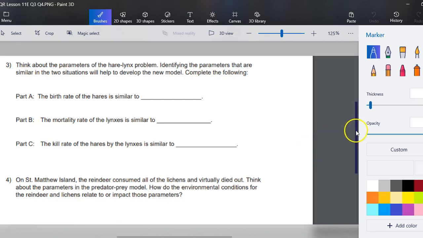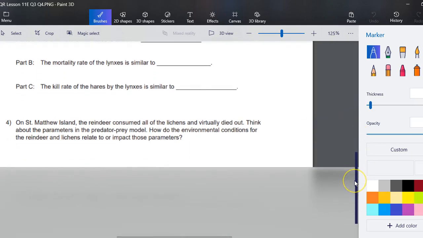So answering number 4, on St. Matthew Island, the reindeer consumed all of the lichens and virtually died out. Think about the parameters in the predator-prey model. How do the environmental conditions for the reindeer and lichens relate to or impact those parameters? Take a few minutes to put down some answers and then come back,